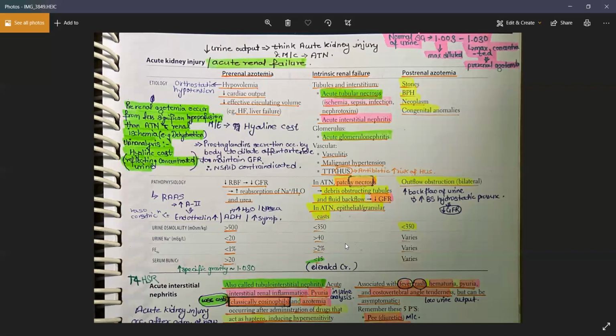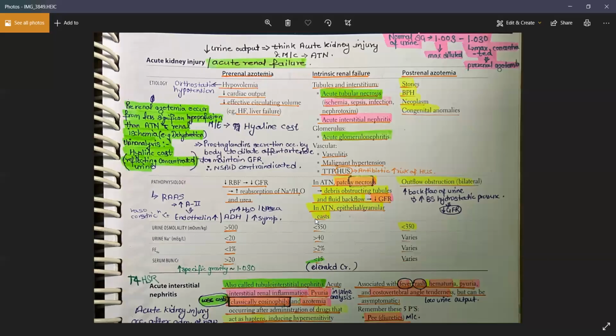The concentration of the urine. Exactly. Is it just saying that with intrinsic renal failure, it's not able to do its job? So you're going to have as dilute a urine as you can. Look at this urine osmolality, how much it is. It is less than 350. Right? You cannot concentrate your urine, and that's why you're having a very low urine osmolality. And if you cannot concentrate your urine, then you will always have a low specific gravity, right?